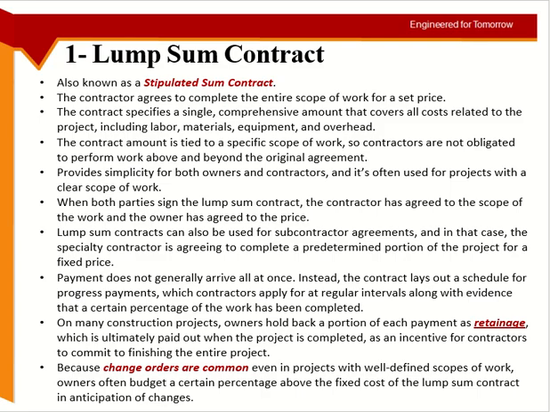Some part of the contract can be given forward to subcontractors, and that can be done on a lump sum basis as well. Or maybe the contractor himself is working on some other type of contract, but he is hiring someone on a lump sum basis. In that case, the subcontractor will agree to a small specific part of the project: I will complete this much part of the project for this much cost. The remaining part could be lump sum, or some other type of contract. It can work in combination as well.